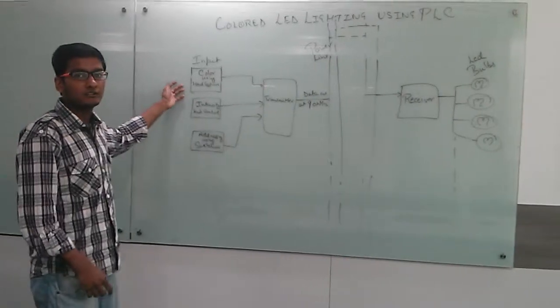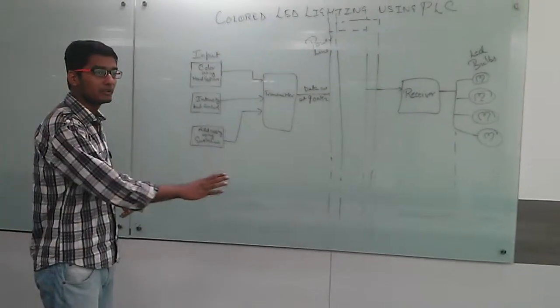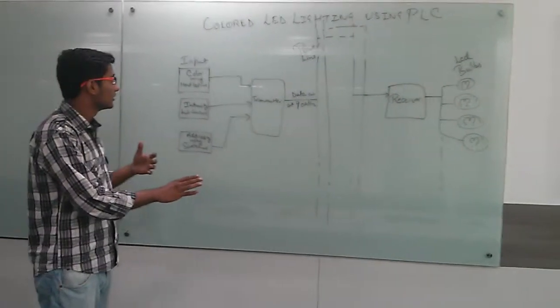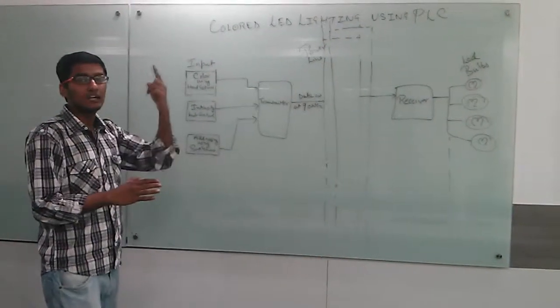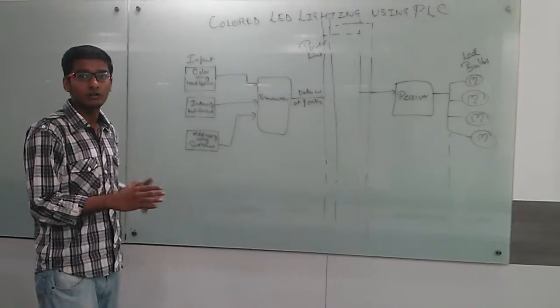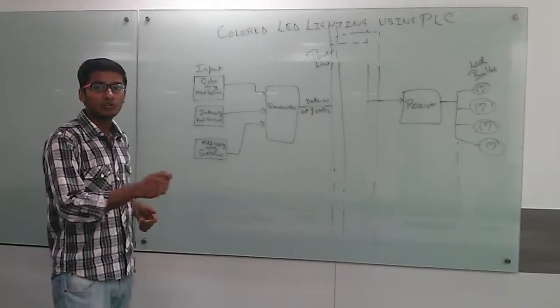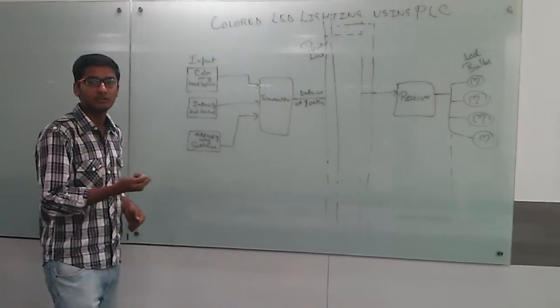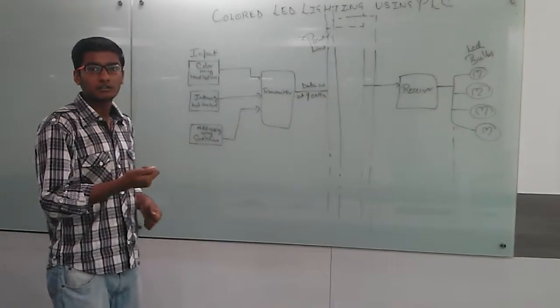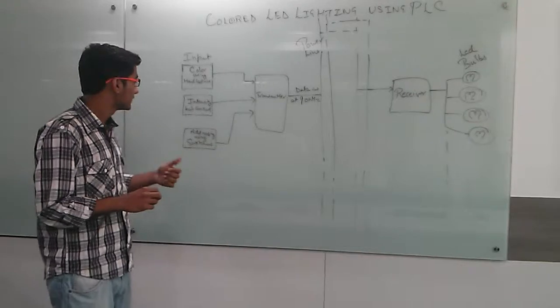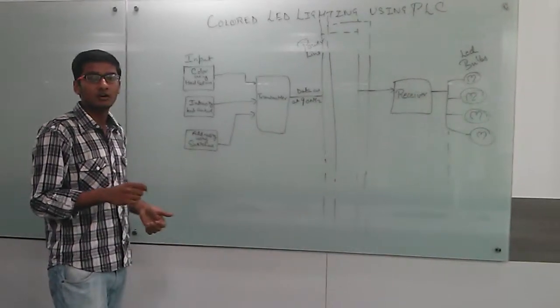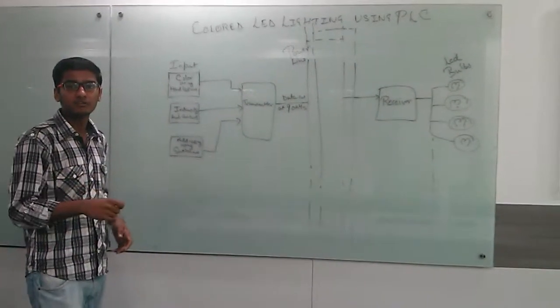First is color, second is intensity, and third is addressing. So color is using hand gesture. As we bring our hand in front of that, it will change the color, and whatever color we need to light in the room, it will set it accordingly. Intensity can be controlled using a knob. As we increase that knob control, it will increase the intensity of the bulbs, and we can address any bulb using the switches.